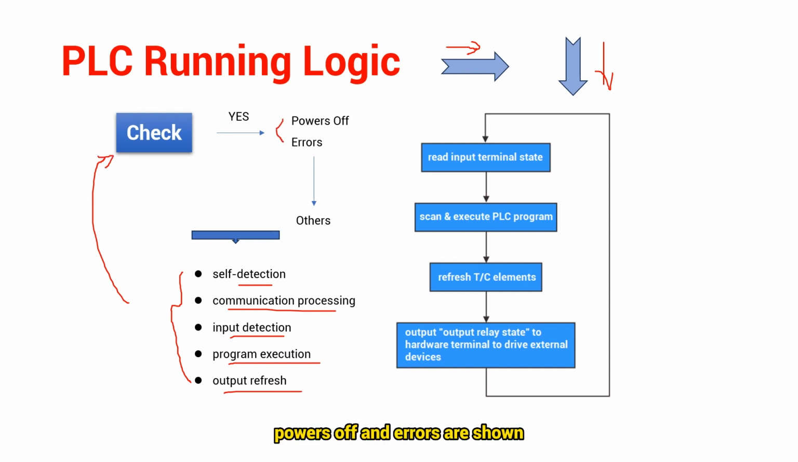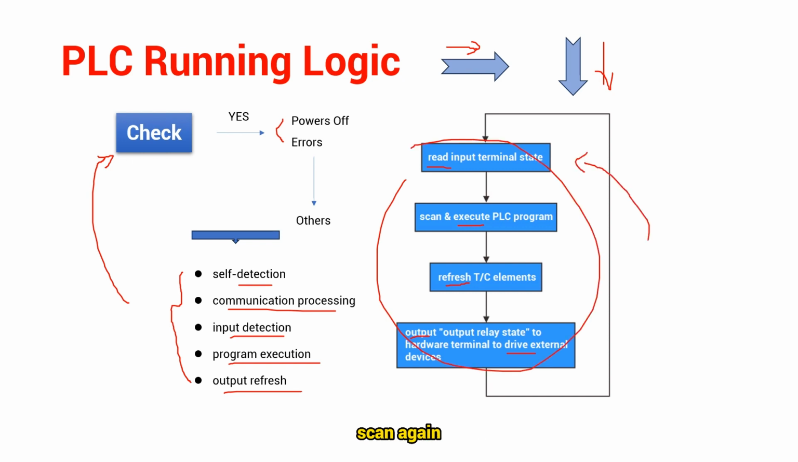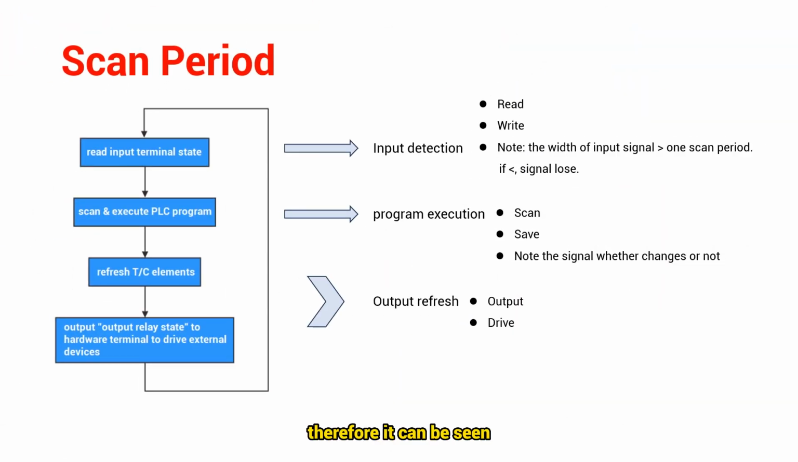If yes, parts off and errors are shown. Then does other communications. Please refer to this process, and this is a whole scan cycle. Read first, execute the program, refresh elements, output, drive external devices. Complete once, scan again. Therefore, it can be seen one scan cycle includes three steps: input detection, program execution, output